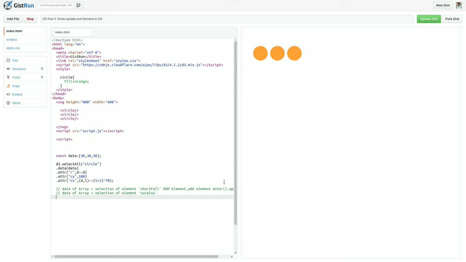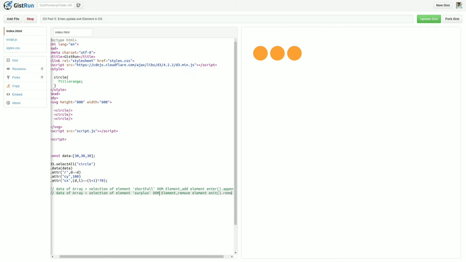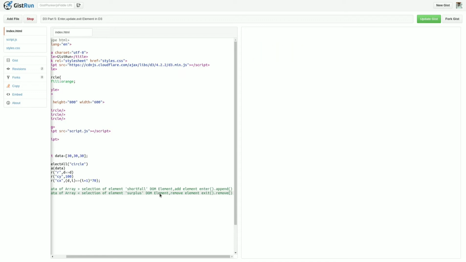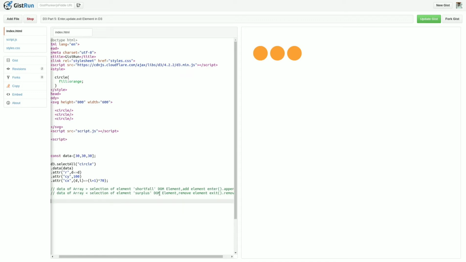So this is called a surplus of DOM elements. In this situation we need to remove the extra elements. You can achieve this simply using the exit dot remove method, which removes the extra elements.